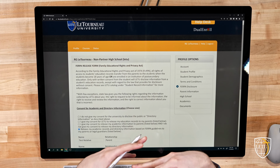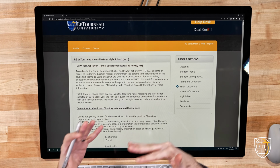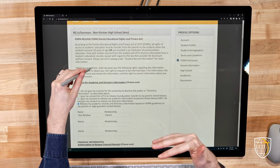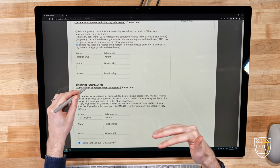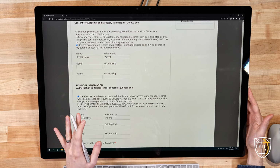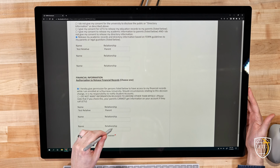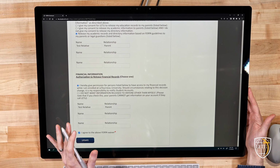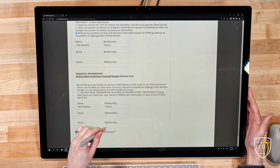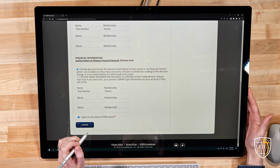If you want your parents to have access to your LETU records, you need to choose one of the options which consents to that information being released to them and enter their name and relationship to you in the fields below. The financial information section works the same way. You can grant permission to specific people to have access to your financial records if you choose that option and enter their information below. Please just know if you choose the Do Not Disclose option, your parents cannot get information on your account if they call LeTourneau. Once you've made your selections, check the checkbox that says I agree to the FERPA waiver and press the Update